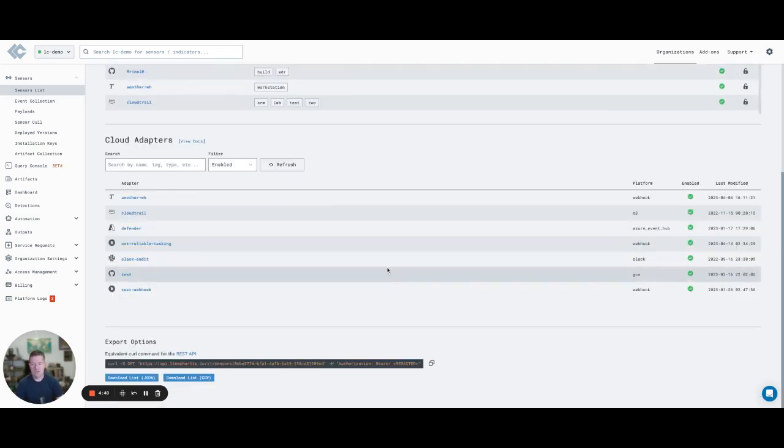I've also got a few different cloud adapters set up. So long story short, I've got a bunch of different data sets all flowing into one organization here, which is great. It's exactly where I want to be, because I like being able to have all my data in one place. However, as I mentioned,